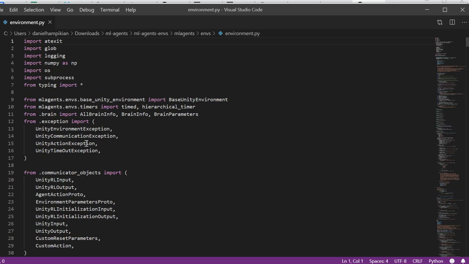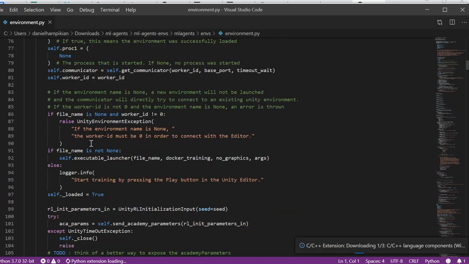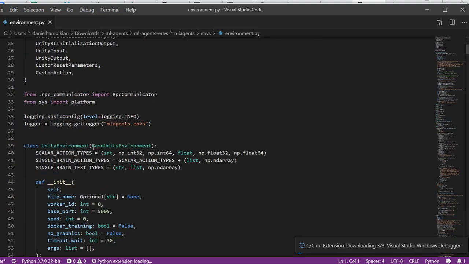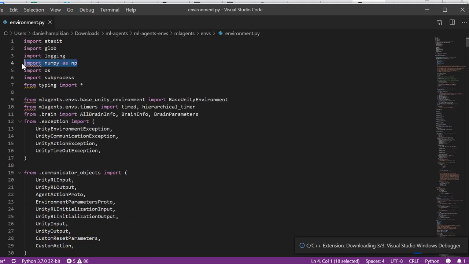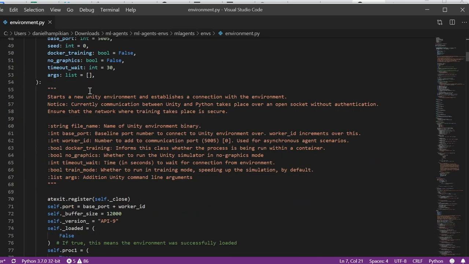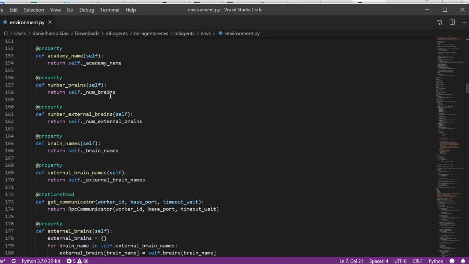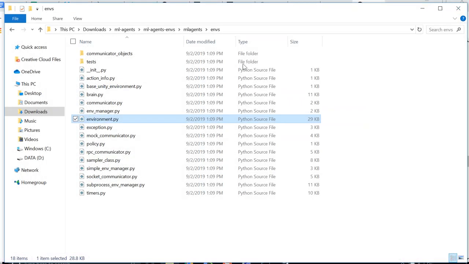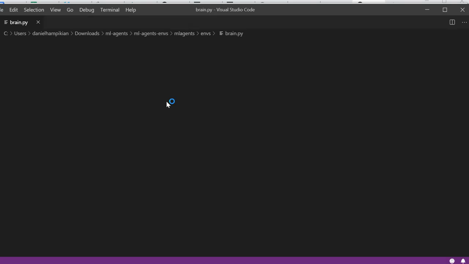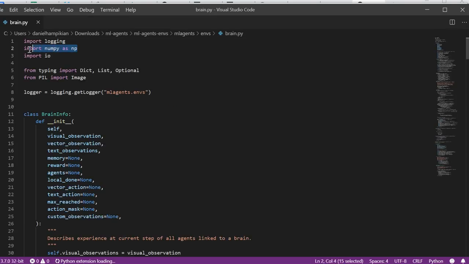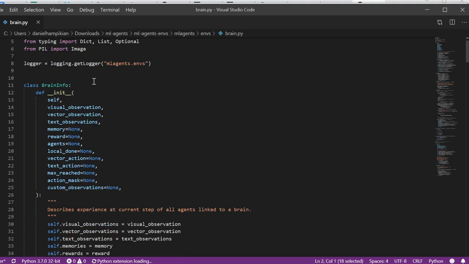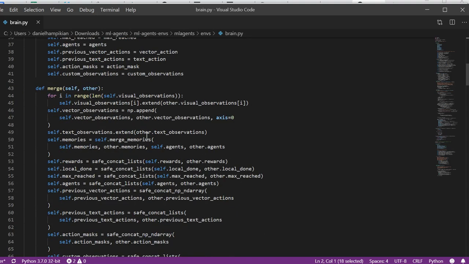You can look at the environment here. And so again, this is all Python files, and here we're using NumPy, a data science library for Python. These are just some of the ML Agents files. If we want to look at the actual brain.py, so how things get processed, we are again using NumPy, and